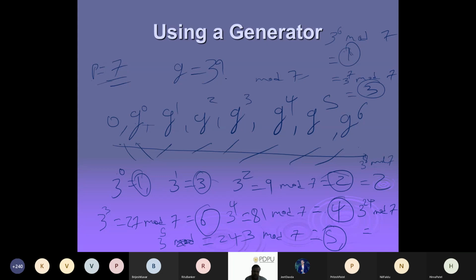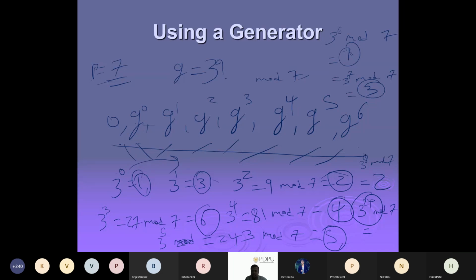So similarly here you have 3 raised to 24. I know 3 raised to 24 can be computed from whatever previous numbers we have calculated. From that I can take it, and that will give my answer. So now you can see the modulo properties are very useful here. That's why you can see this is actually a generator.